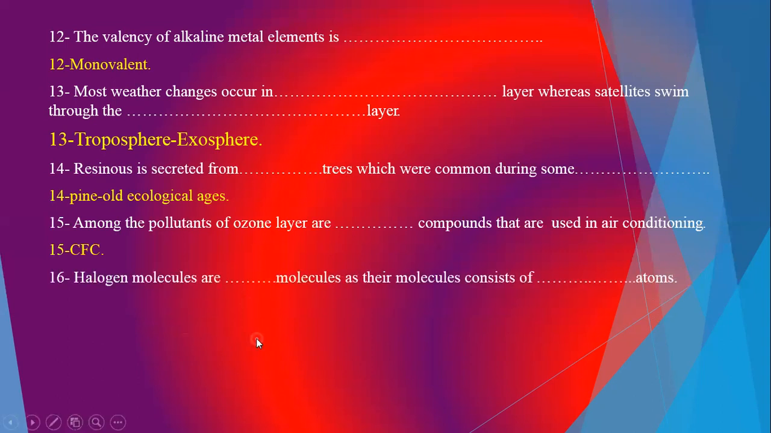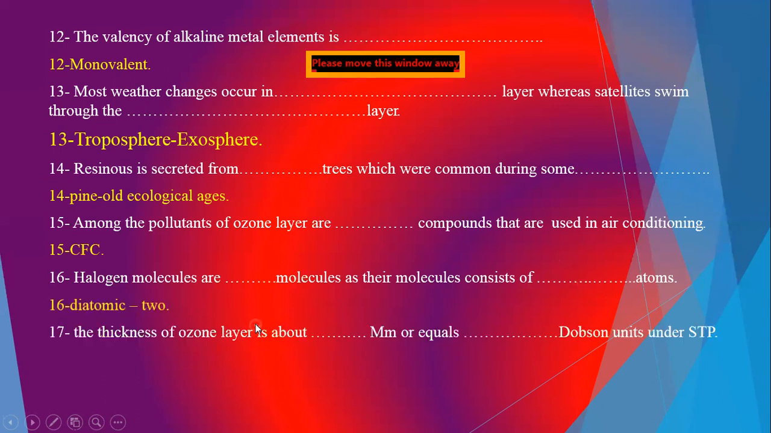Halogen molecules are diatomic molecules as their molecules consist of two atoms. الهالوجين احنا اتفقنا انها مش ممكن تبقى consists of one atom تبقى more than one اللي هي two atoms يبقى consists of two atoms بيسموهم diatomic molecules. The thickness of the ozone layer is about how many millimeters؟